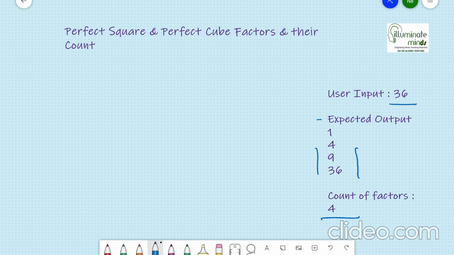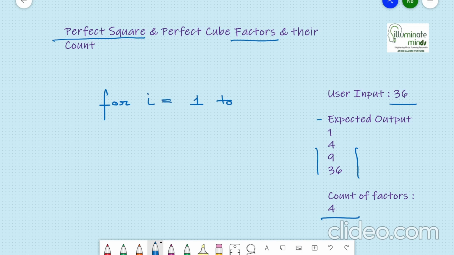Let's not concentrate on perfect cube. Let's concentrate only on perfect square at this point of time, though we will complete the perfect cube thing also. So obviously we will take the input from the user, and what after that? Then we will run the loop. This is important because the number of iterations that we need to control so that we can increase the efficiency of the program. So my loop will run from 1 to